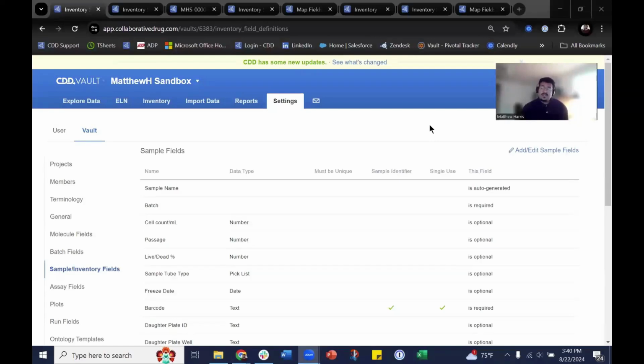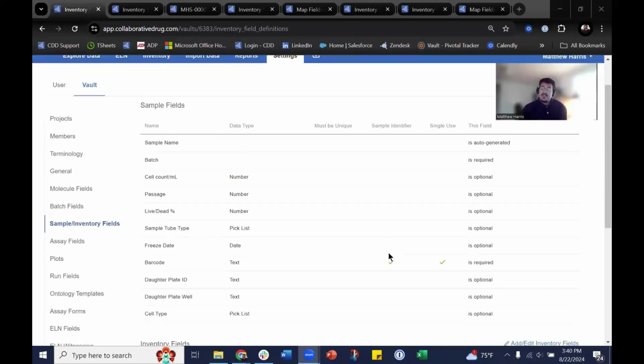Now, before we dive into the inventory management itself, we'll just briefly talk about how you can set up fields to start registering your samples in your Vault. The Vault administrators are the ones who will set up these fields for you, and that is done from the settings section under Vault and sample inventory fields. There are 2 areas here. You'll have sample fields, which will help you define the samples that you're registering. So maybe the tube type,